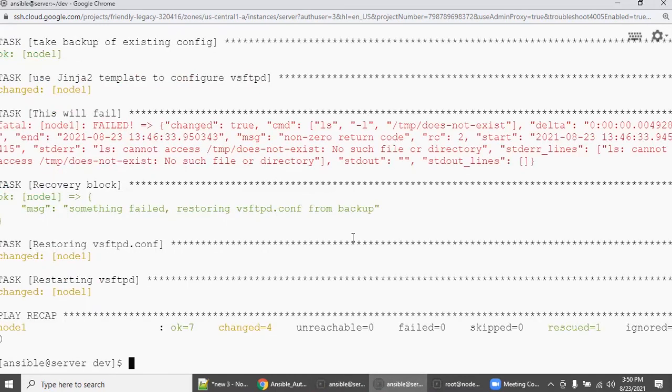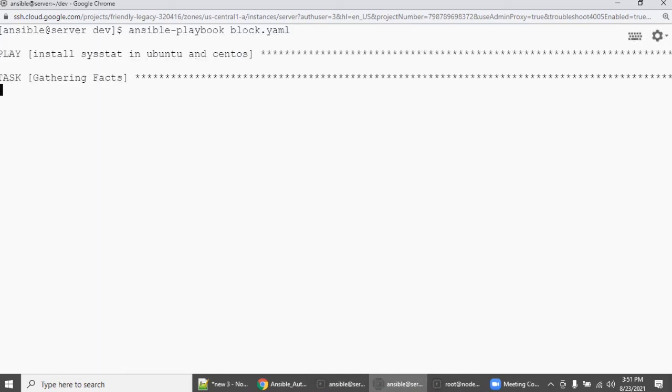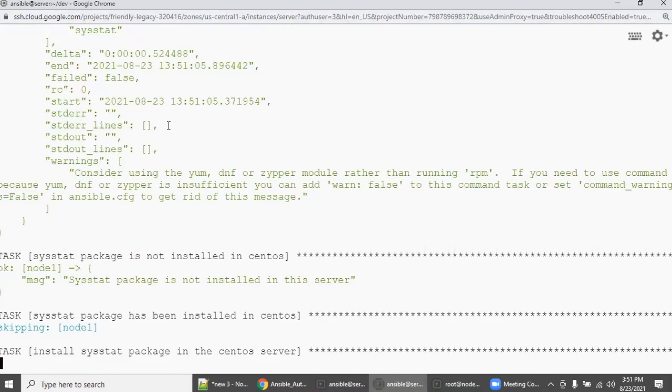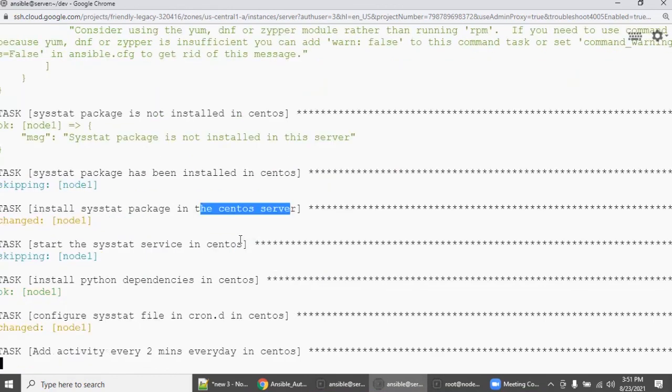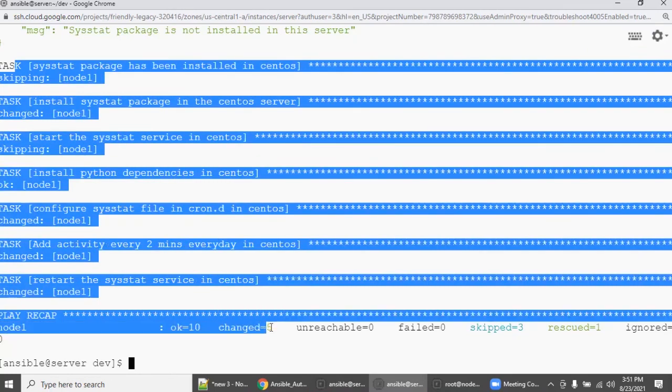Now go back to your other window. We are going to execute it. In this case, see, there will be an error now because of Ubuntu. So automatically the control will be transferred to the rescue section, and rescue will start executing one by one. See here, CentOS, right? So Ubuntu threw an error first itself, and automatically the control was transferred to the rescue section, and the whole rescue section has been executed.